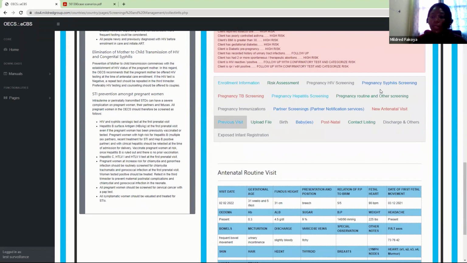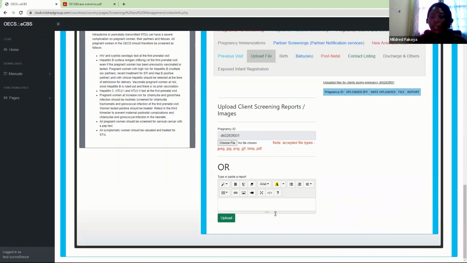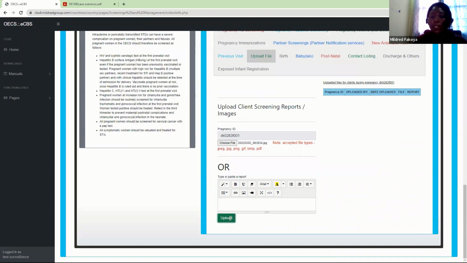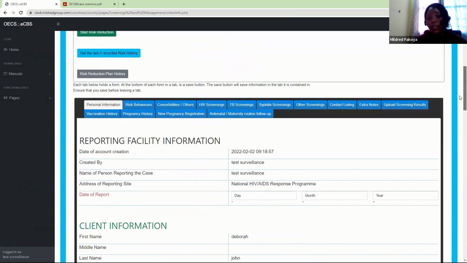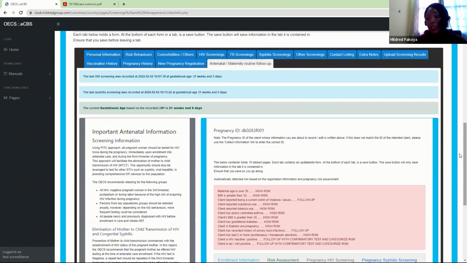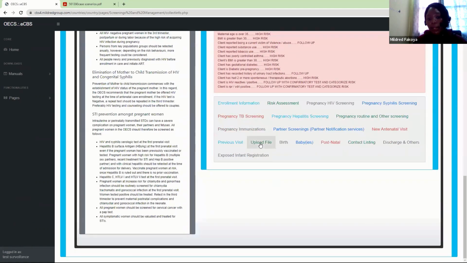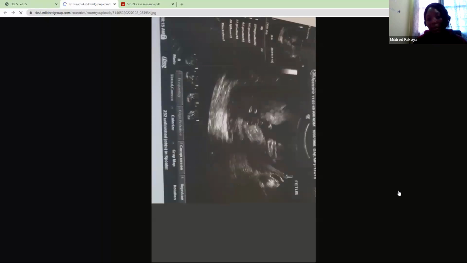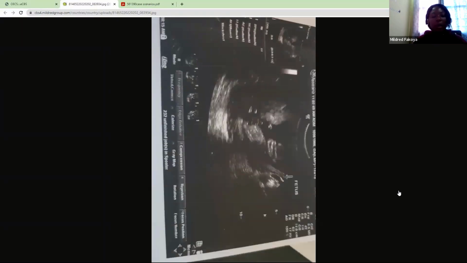So now, if you need to upload files here, let's say we want to upload the scan for this pregnancy. Let me upload the scan. You upload this. This will not give you a success or error message because I do not want this to redirect. But I might refresh the page, or the next time I come here and look at the pregnancy upload file, I will see that there is a scan image that has been uploaded on this page. And when I click on view file, I should see the scan loading up. So if you are putting scan images into the system, this is a placeholder